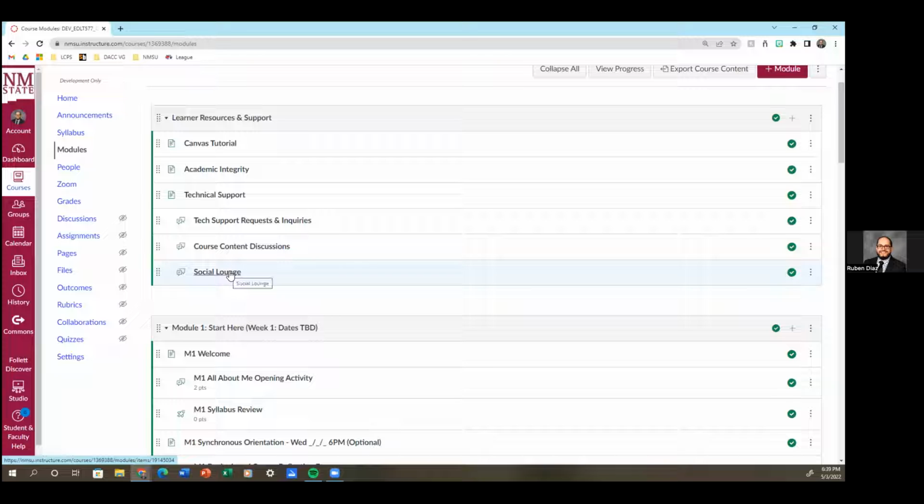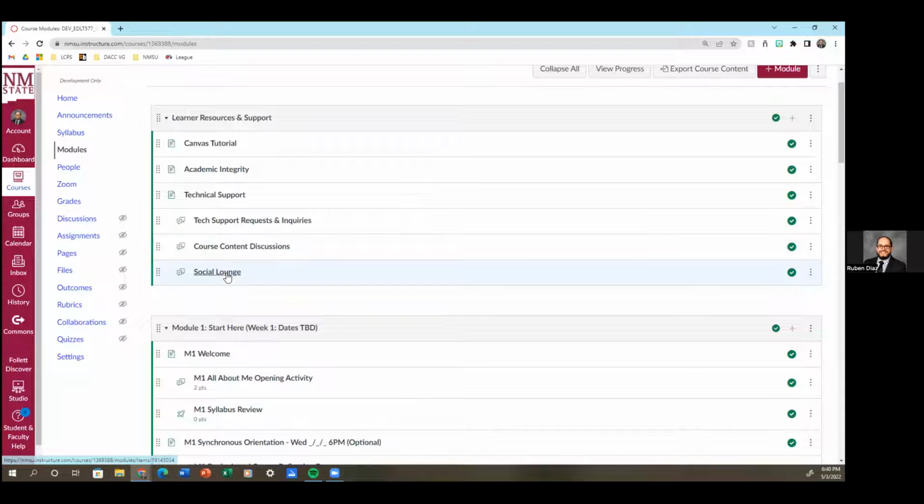And then the social lounge is exactly what it sounds like. It's a space for students to use to promote other things completely unrelated, but nonetheless relevant to individuals, to have shared interest. It's something that I would hope the community that I'm establishing here would want to use, just as an additional place, especially if they're all in the same area, which, because this is a professional development course for a local district, this would be a place where I would encourage teachers to post, for example, hey, we're having a fall festival and I'm running a booth, come check it out. Or, we're doing a car wash this weekend. We'd love to have your support. So I know things like that are great when you can have local communities behind them.